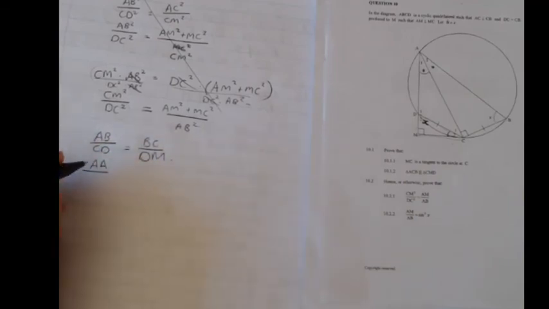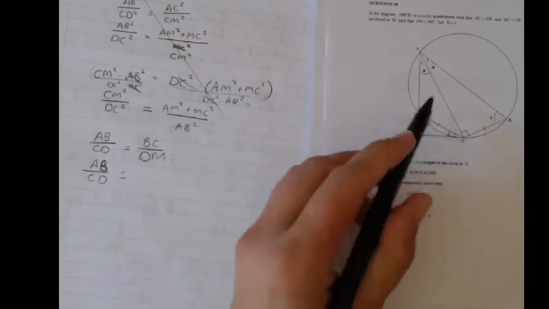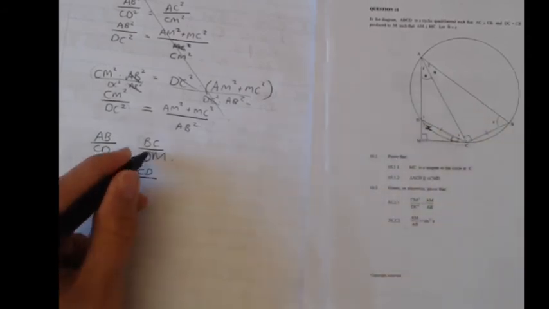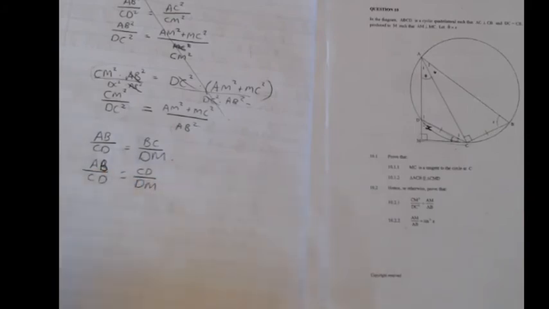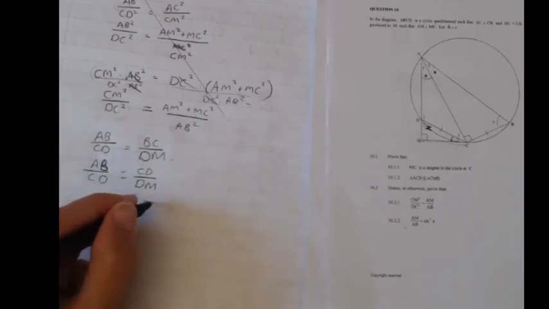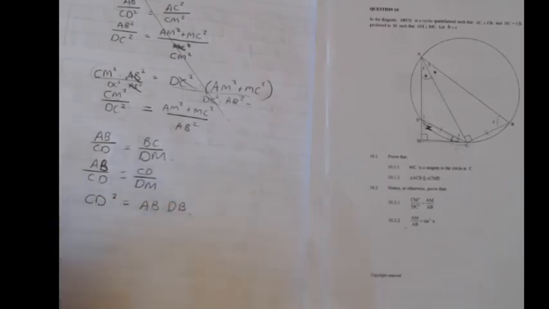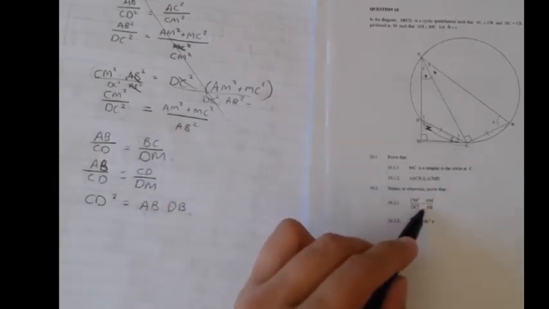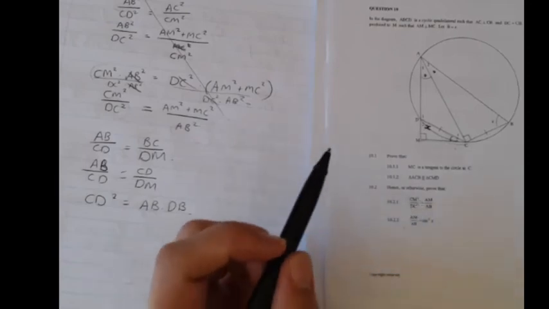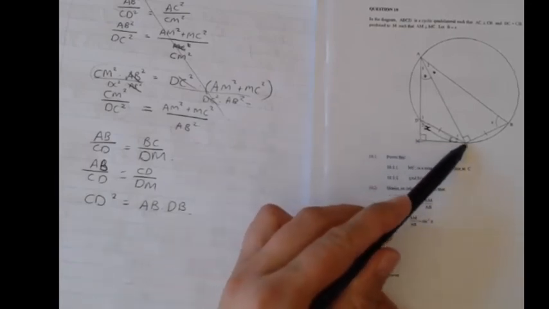So AB over CD, BC is also CD, is CD over DM, and then cross multiplying here. So CD times CD is CD squared, and AB times DM is AB times DM. Now that gives me the CD or DC squared. So I'm also trying to get CM squared, now something else. CM squared,